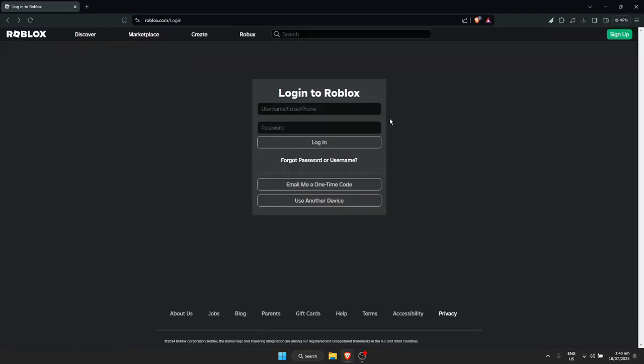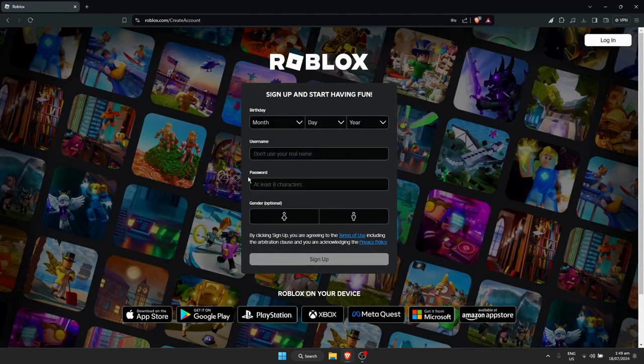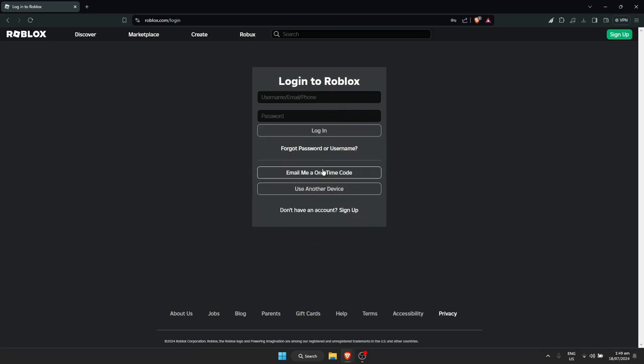And just wait for it to load. And once you're logged out, just simply log into Roblox. So if it shows sign up right here, or if it shows like this, just simply tap on the login on the top right to redirect you to the login screen, and just simply put in your username and password